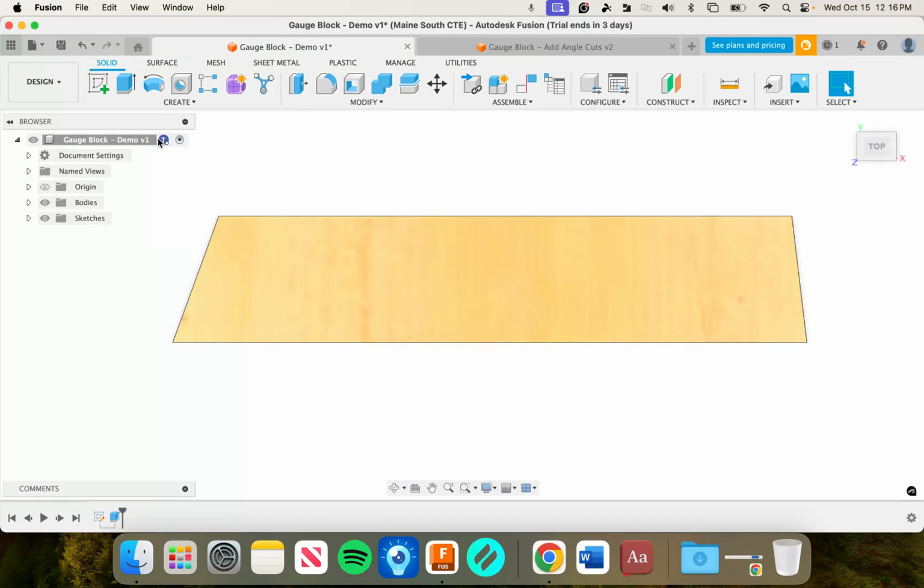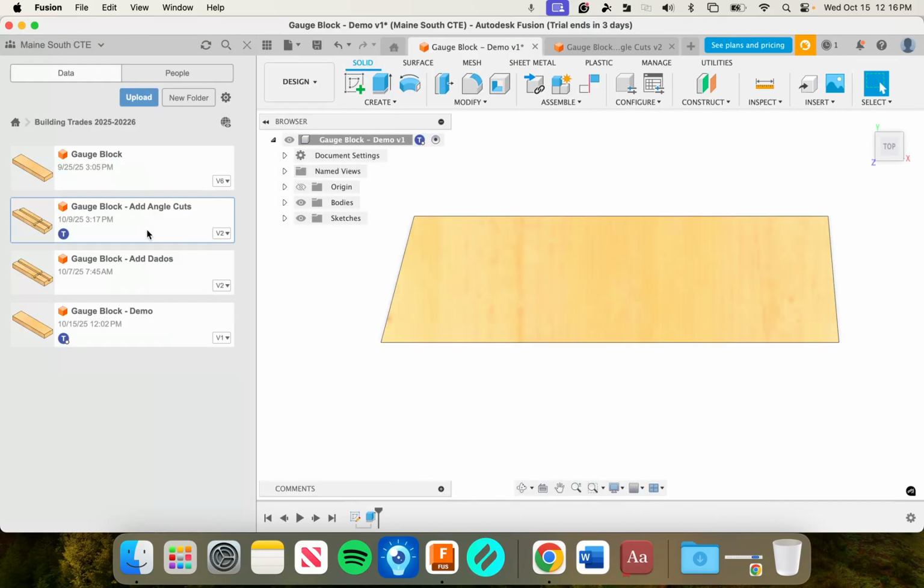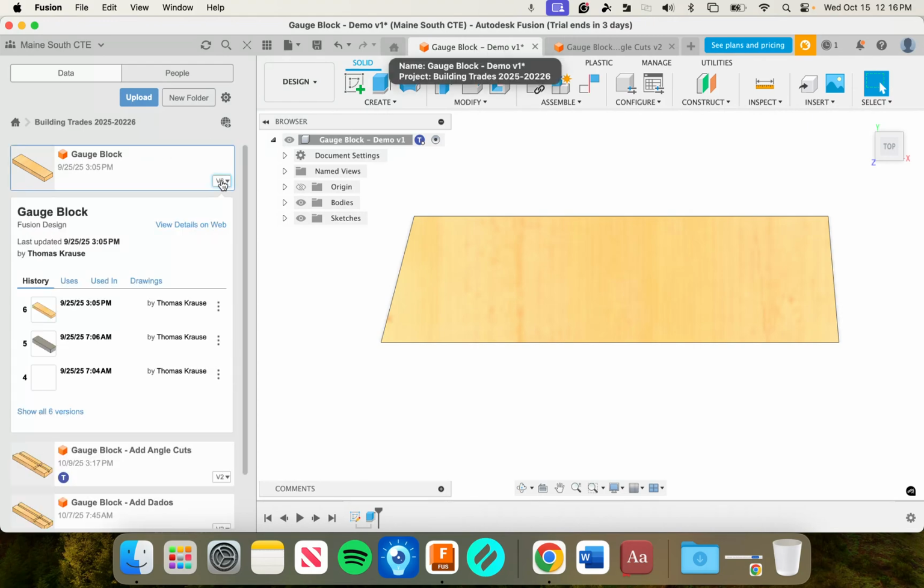Okay, so what I'm going to do here as another example is let's see. I've got the demo V1. I'm going to go back over here, and I'm going to go back a step, and let's see if I go back to number 4. Maybe I don't want to do that. I'm just trying to think what I want to do here. If I make this and open it,